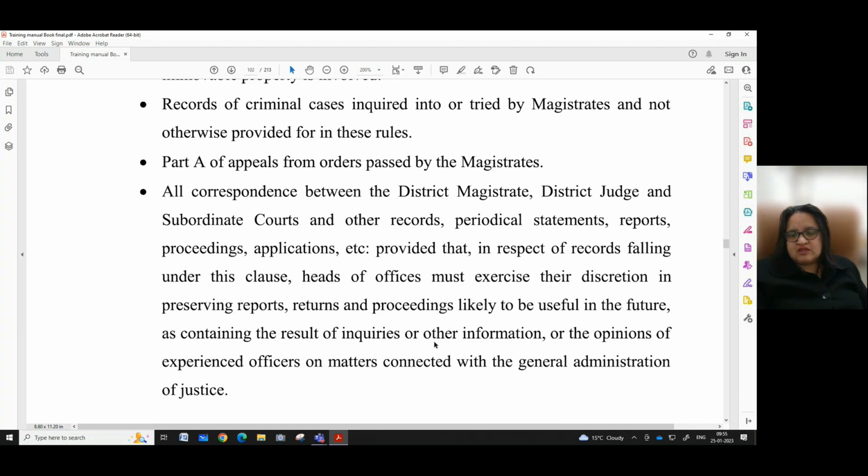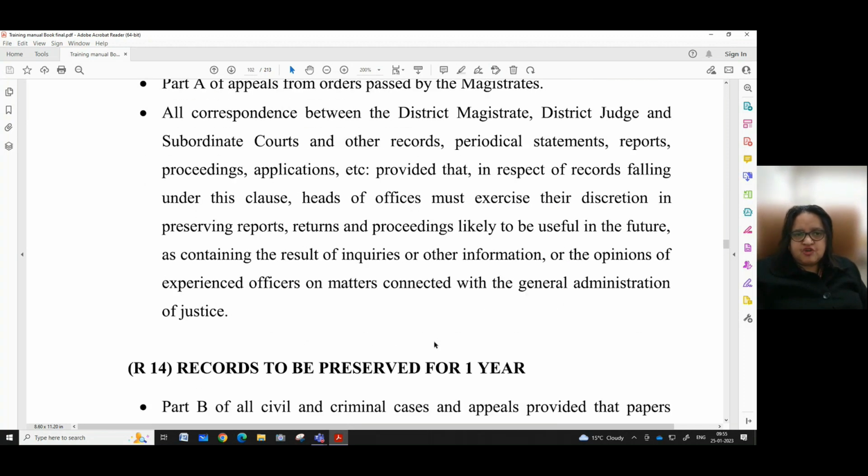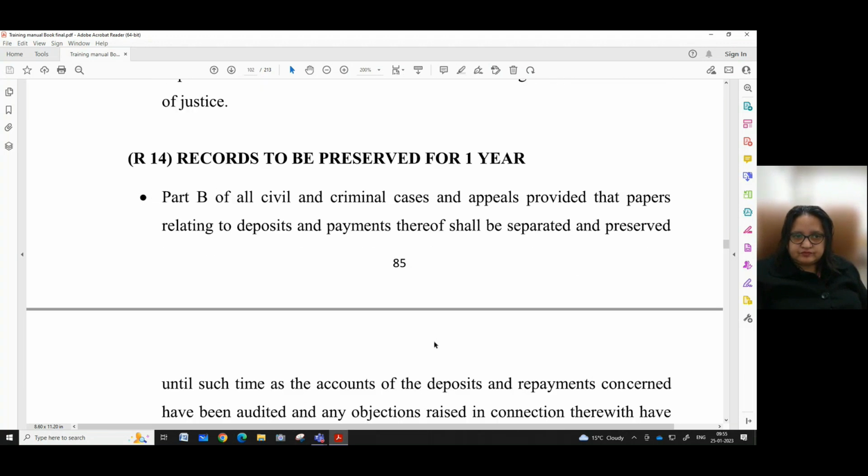All correspondence between the district magistrate, district judge and subordinate courts, and other records, periodical statements, reports, proceedings, applications, etc. Provided that in respect of records falling under this clause, heads of offices must exercise their discretion in preserving reports, returns, and proceedings likely to be useful in the future as containing the result of inquiries or other information or the opinion of experienced officers on matters connected with the general administration of justice.